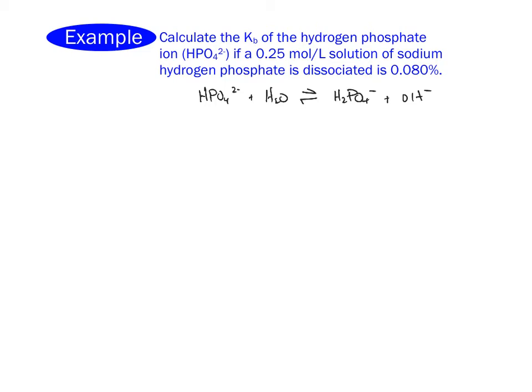All right, so we know that the hydrogen phosphate ion has an initial concentration of 0.25 molar. And we also know that there is a dissociation of 0.08%. So we need to use that in order to help us here. Okay, so how is that going to help us? Well, what we know is this concentration here is going to be